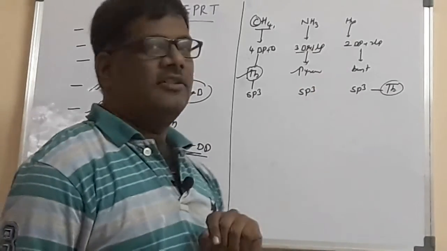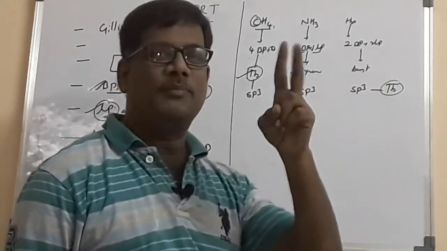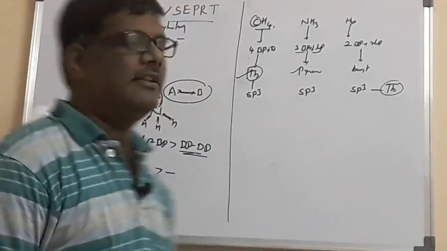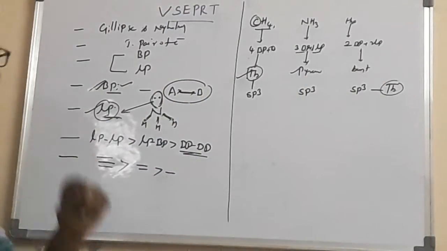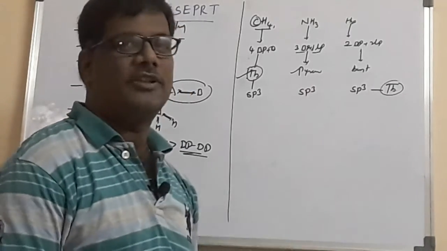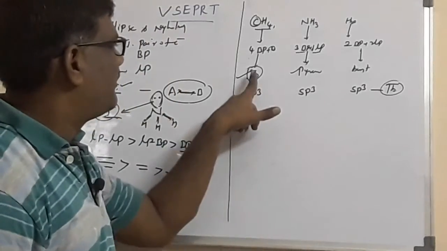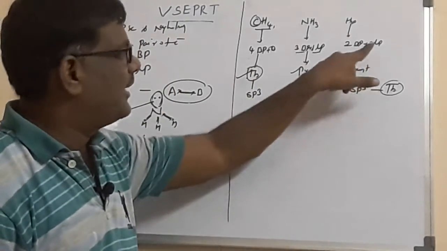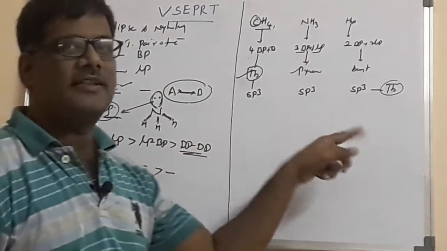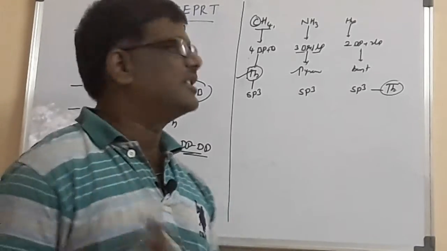Whereas the water molecule also undergoes sp3 hybridization, but it has 2 lone pairs. As lone pairs increase, the repulsive forces ultimately increase, and the molecule's shape changes further into the bent molecule. Clearly, the shape of the molecule depends on the bond pairs as well as the lone pairs. As lone pairs increase, repulsion increases, distortion of the molecule takes place, and the shape also changes.